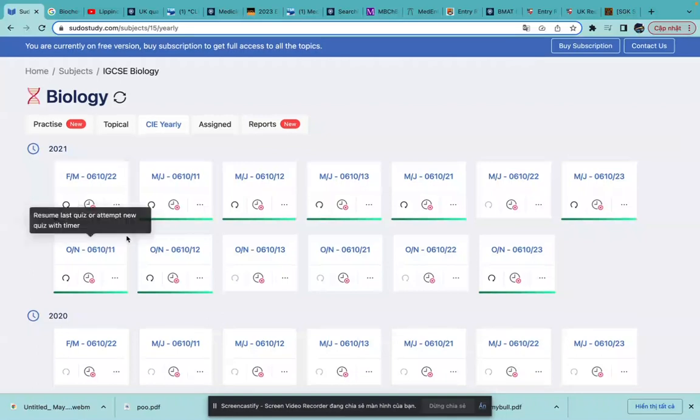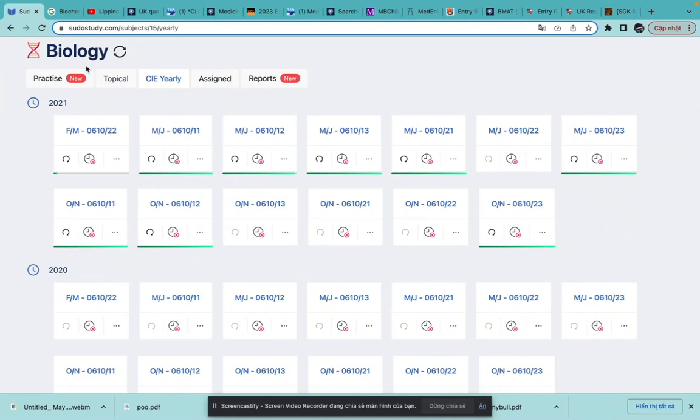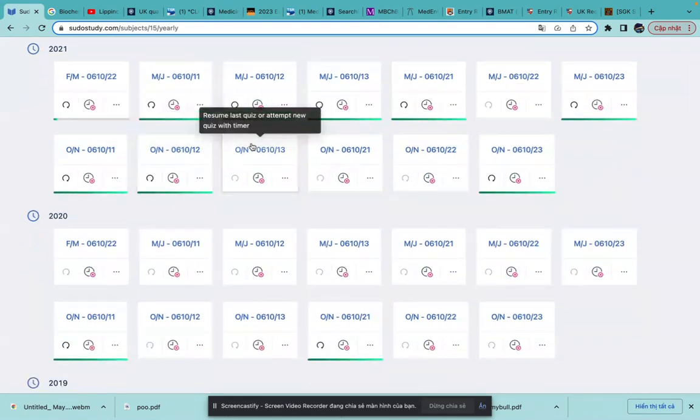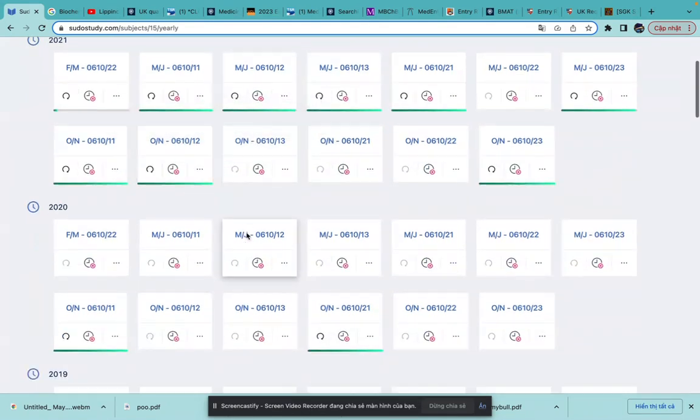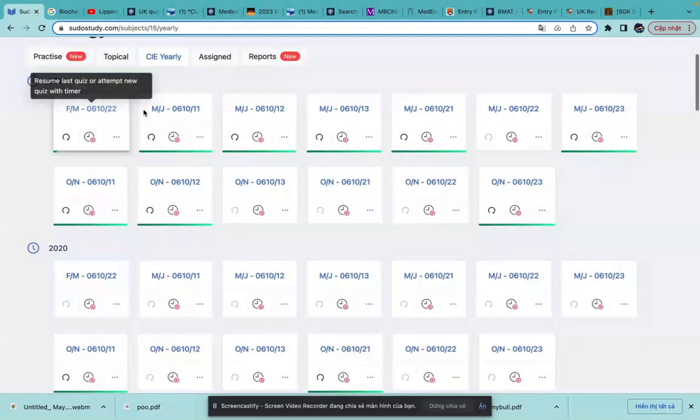Hello, today we're doing a paper 2 biology IGCSE. I'm doing this page called pseudo study. It's a page for all the multiple choice questions to be done. So let's choose the most recent one. How about